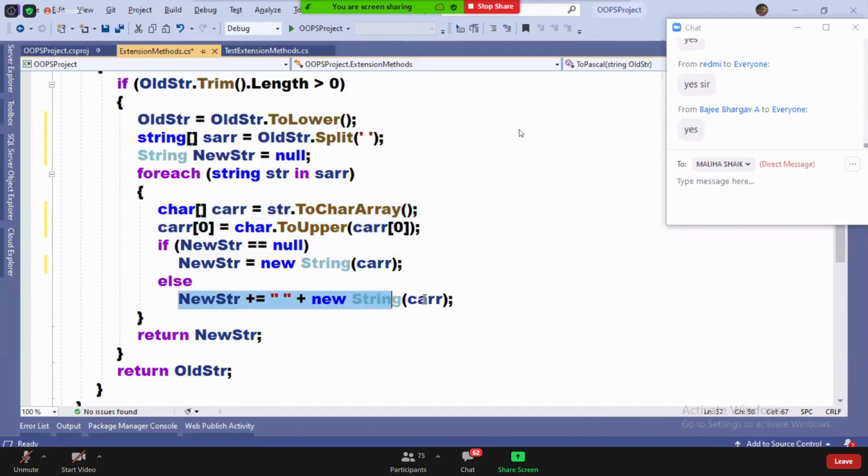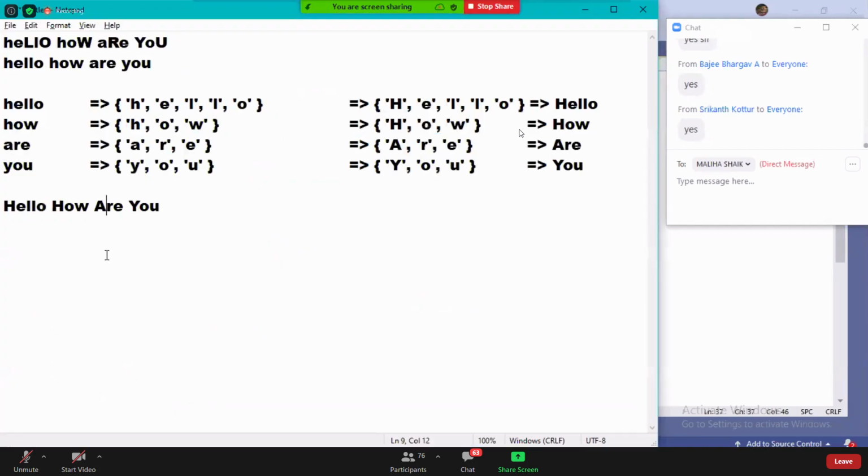Concatenating a space also should come here. I'm converting this into a string instance and concatenating it to newStr, and here I added a space. Once the loop runs like this, every word will come, and this is what it forms. Am I clear?